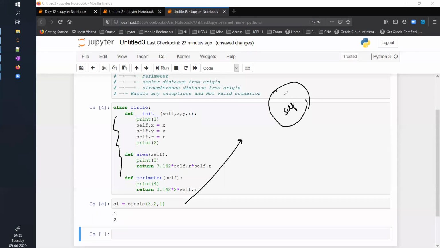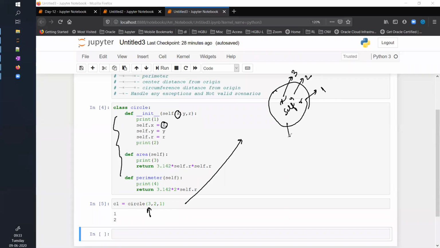So here it will assign x, y, and r. In this line of code, I'm saying self.x equals x. This x is coming from where? Here. So self.x here I will assign 3. Similarly, I will make it 2, and this one will be 1.